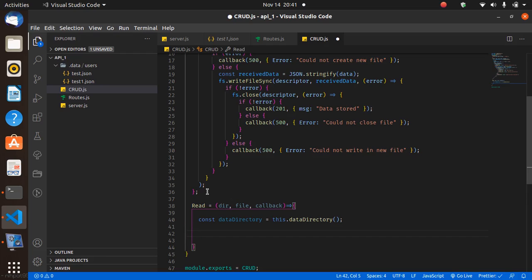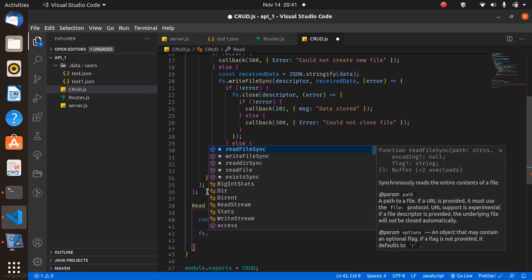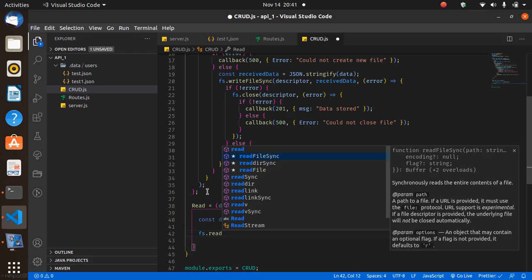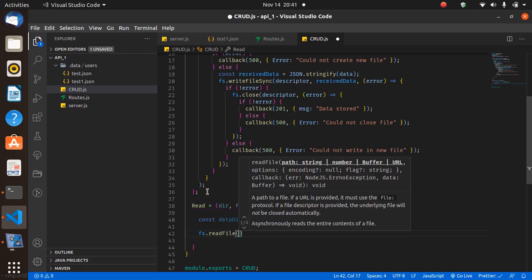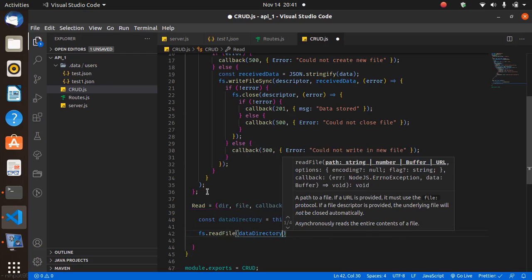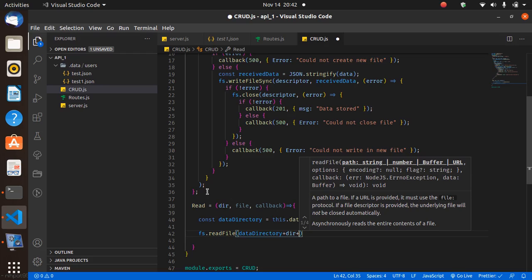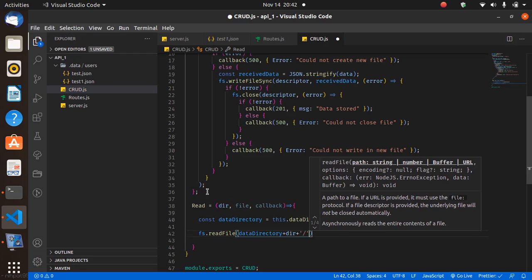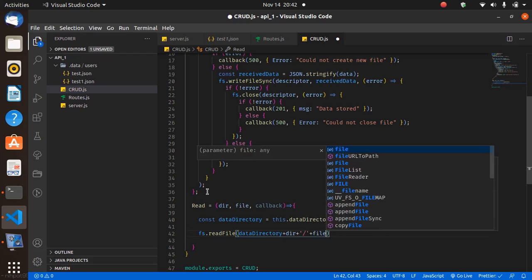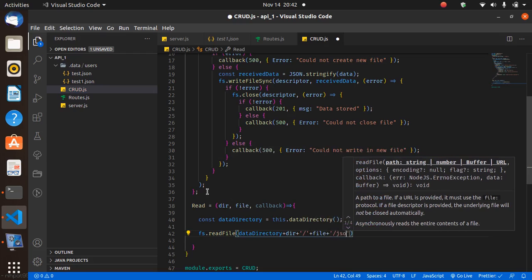Then we say fs.readFile, and the file that we want to read is coming from the data directory plus the directory that we placed there plus / the file, and then not forgetting the .json,